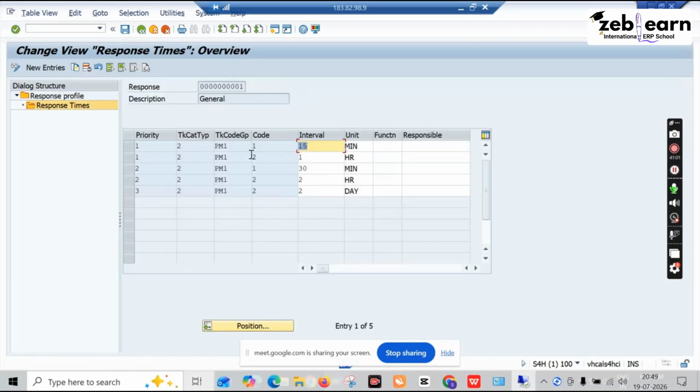So in that general folder for PM01, 50 minutes is the response time. Correct? For every cause and code, like priorities 1, 2. For PM1 there are high priority, very high. So for the first code there is 50 minutes, for the second 1 hour, like that you can provide